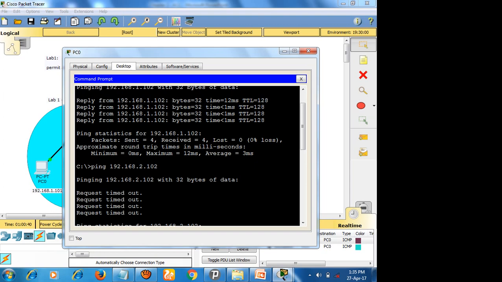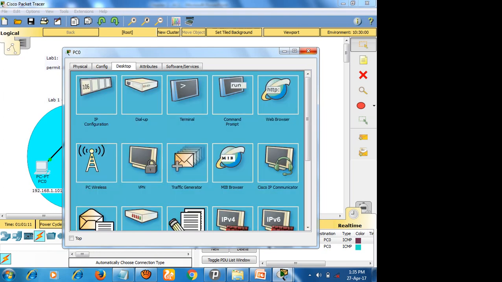If it is destination host unreachable, it means there is no route to the network. The packet has not reached the particular host. But request timed out means the packet reached the destination, but I am not getting an acknowledgement from the destination. That is the difference between request timed out and destination host unreachable, right? Which means that there is some block on the particular network. So this is what the difference is, right?